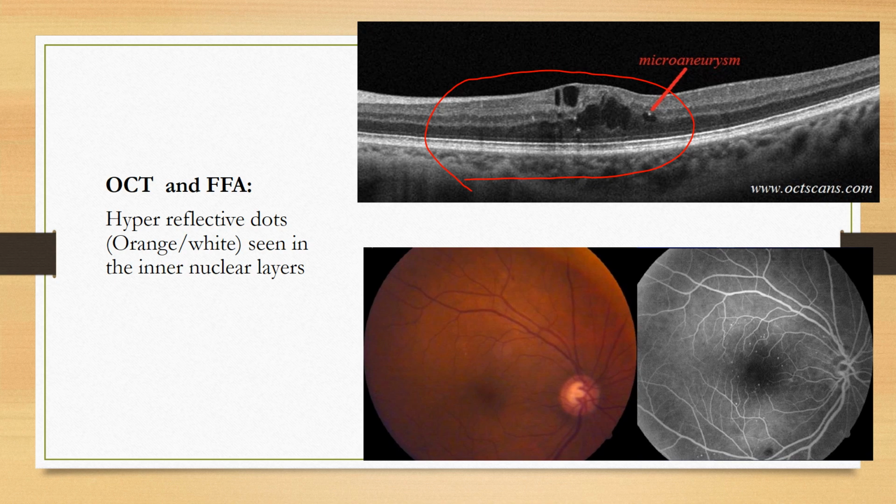See here, the retina has multiple layers, and the blood vessels go in at the nuclear layer. So when there is a bulging of the nuclear layer, this area alone gets a little bigger. In the OCT you will see it as a gap, whereas in the case of FFA, fundus fluorescein angiography, we will be discussing more in the upcoming classes.